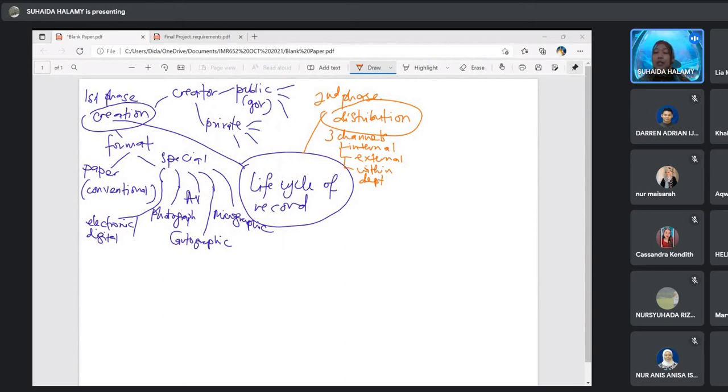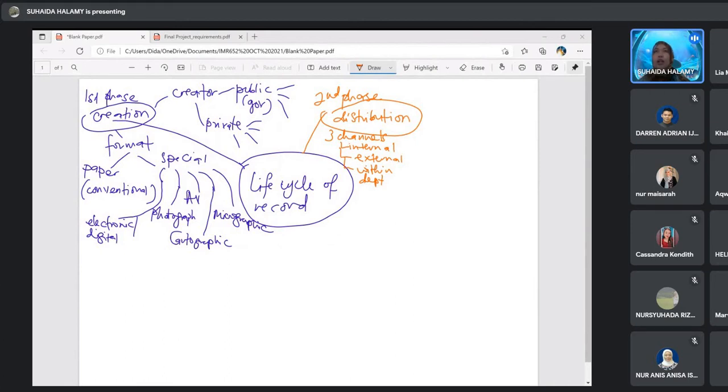For example, UiTM Sarawak HEP sends a document to UiTM Kedah HEP. So this is another channel where we distribute the record: within the same department but different organization.